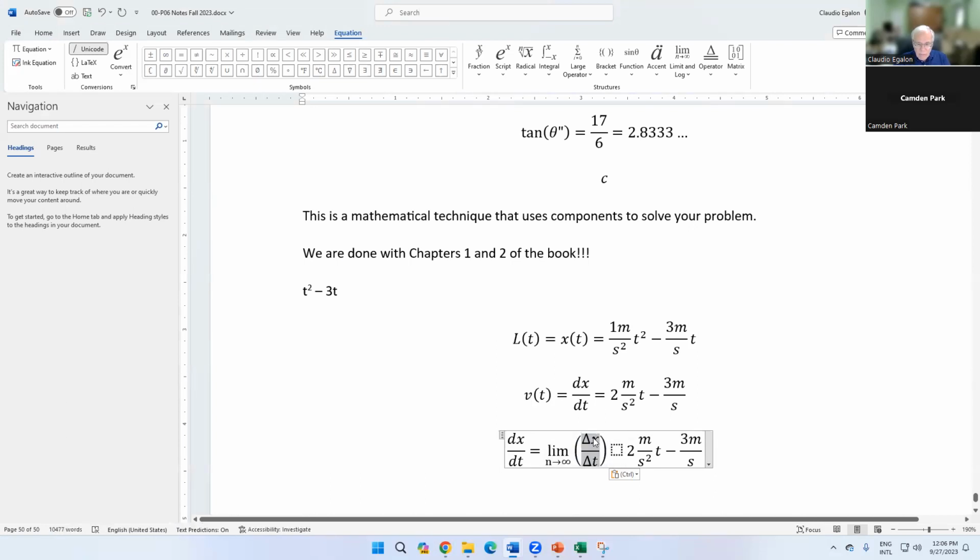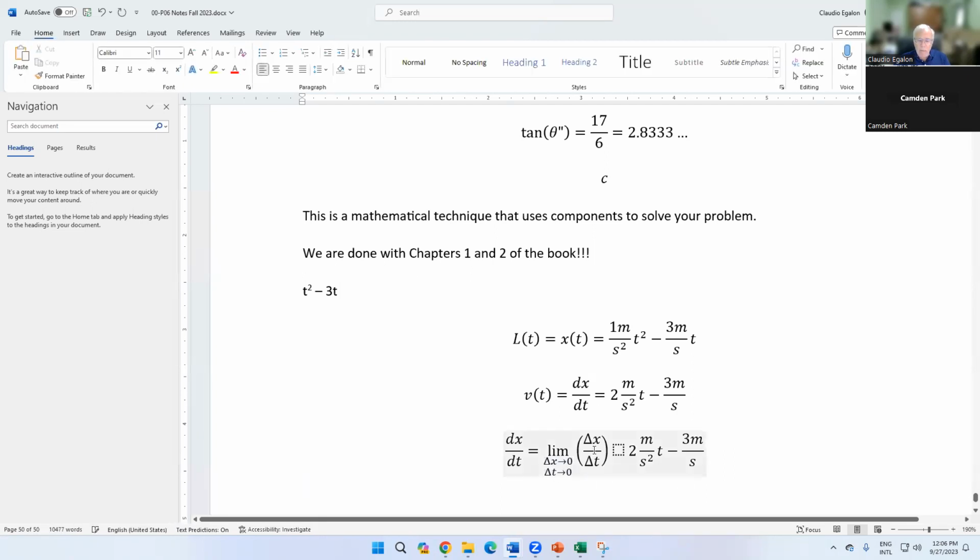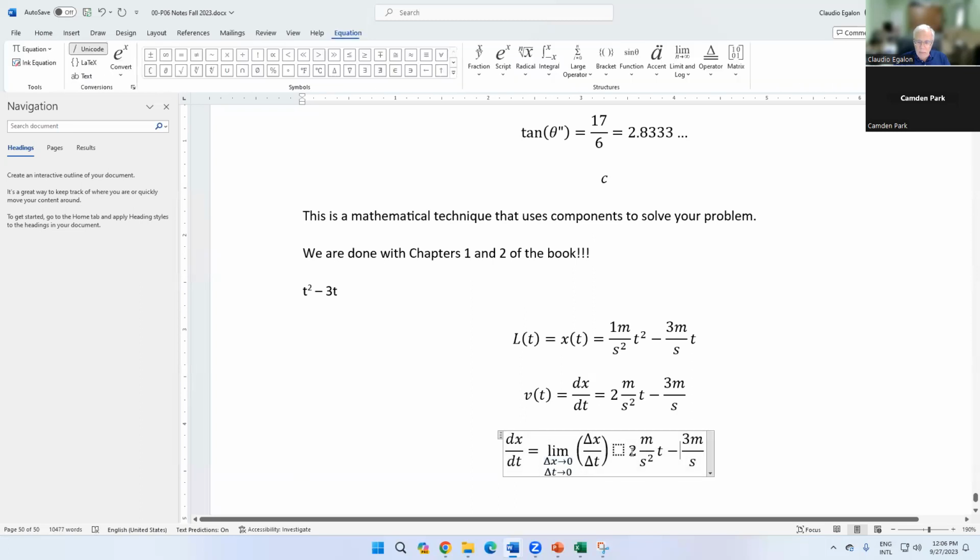Delta x going to 0, right? Going to 0. Delta t going to 0. Delta t going to 0. We can erase everything here. Okay. So in order to do this, I need some types of delta x, like given delta x and delta